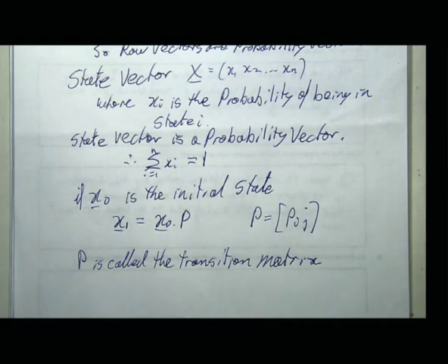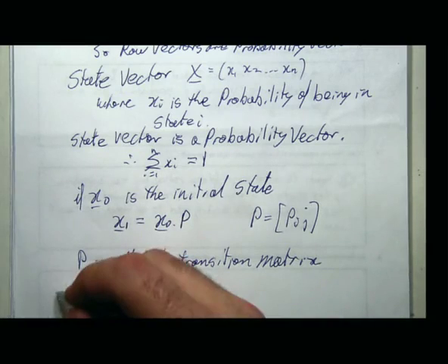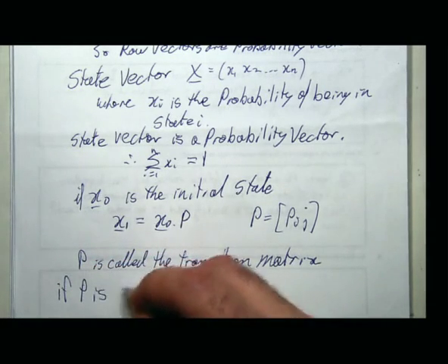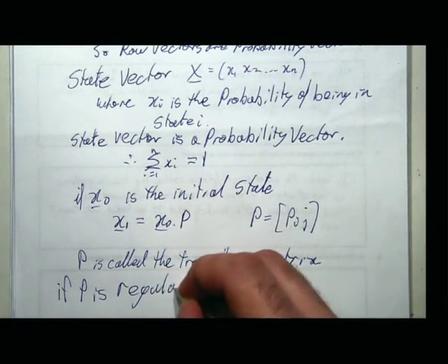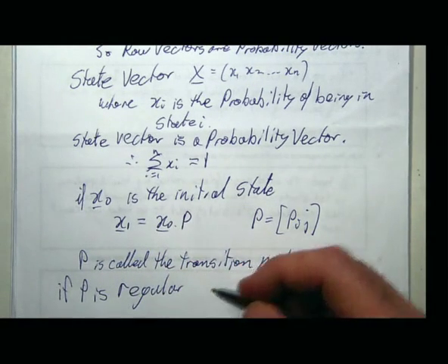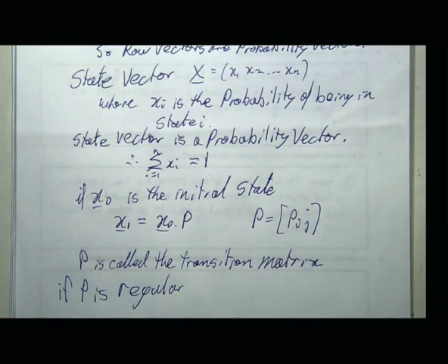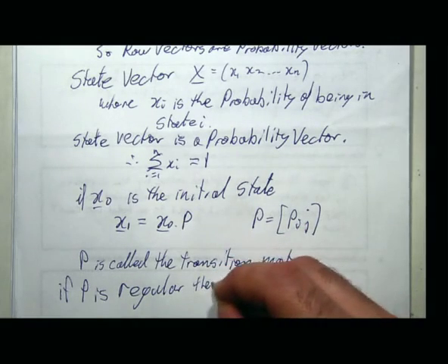So I'm just going to put in the theory bit first, okay, so that we've talked about it. If P is regular, do we know what regular means? Yeah, that's what I thought. Nobody has any idea. Neither did I. I'd never actually heard this particular piece of information before, but in terms of higher order systems, it's actually important that we qualify that our matrix must be regular. All right? Regular, then